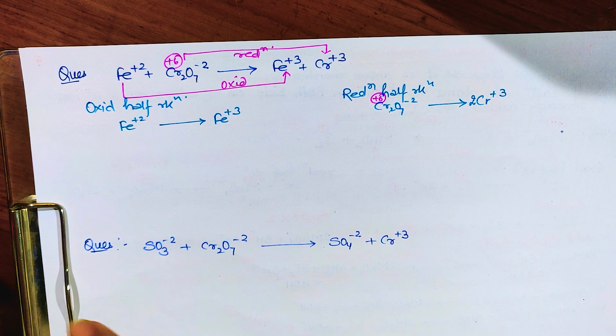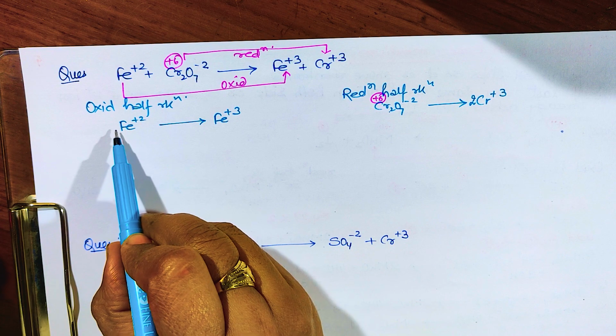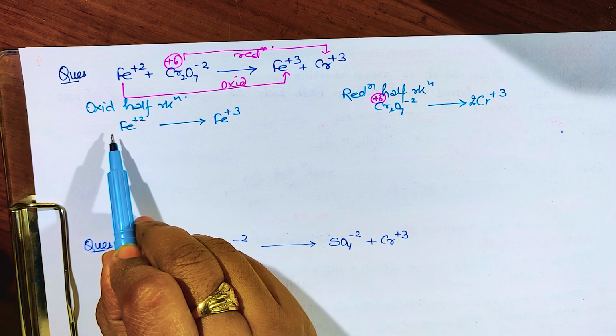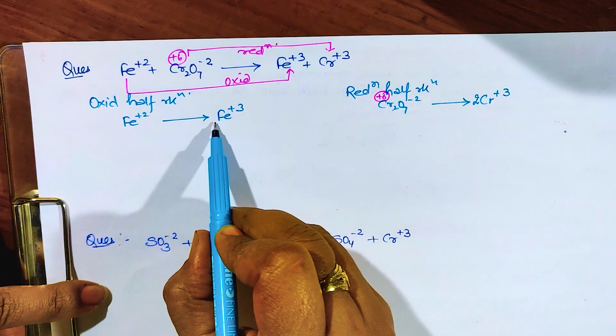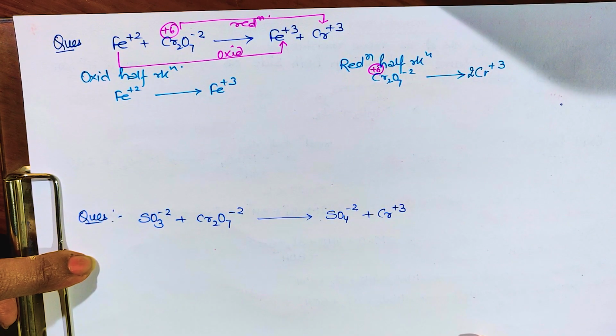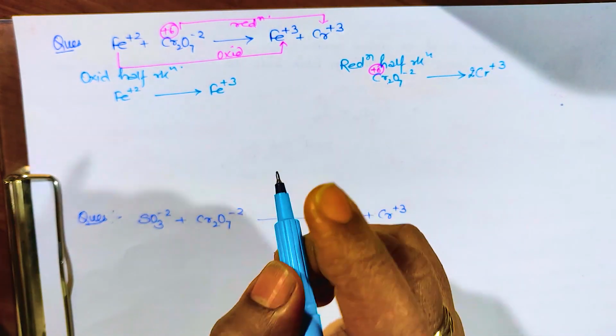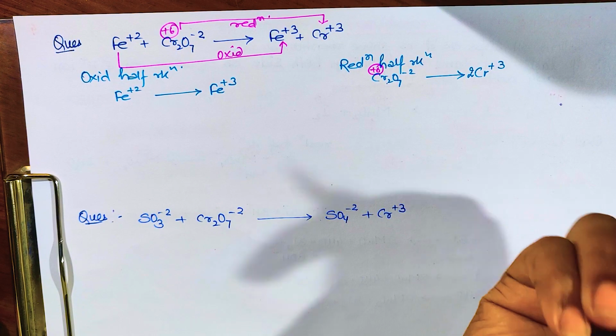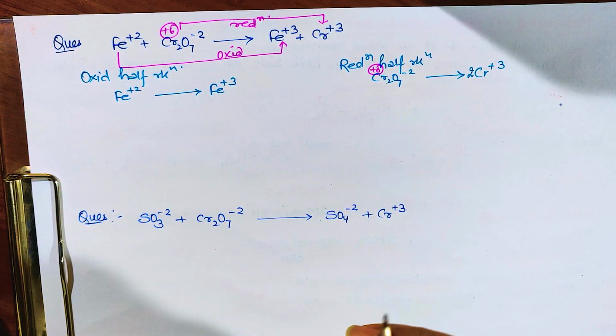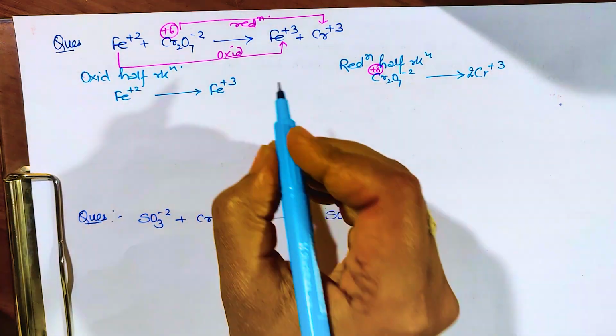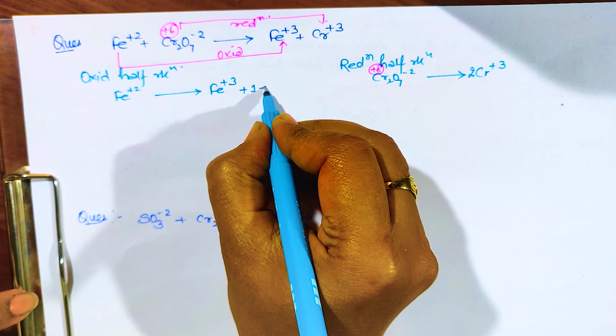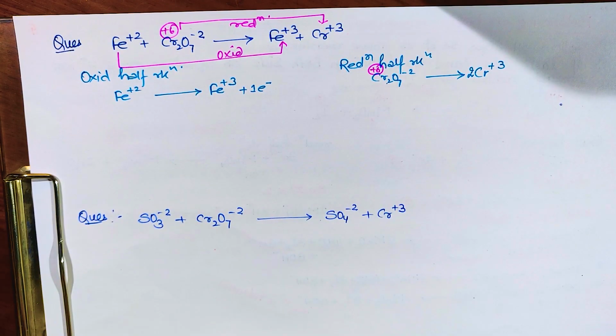Now the fourth step is to find the total difference in oxidation number. Here nothing is there, so we will assume it as 1 into 2, and here 3. So that means the total difference is 1 electron, and that should be written as an electron on the side where the charge is already maximum. So we will add 1 electron on this side. Yes, I hope it is clear.